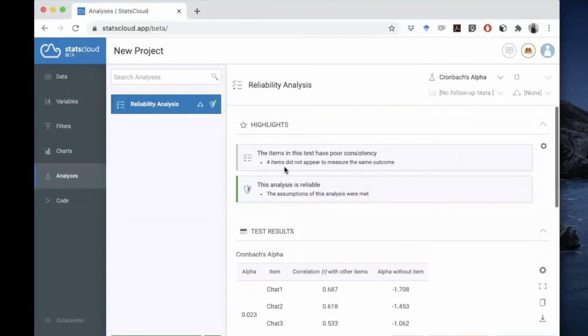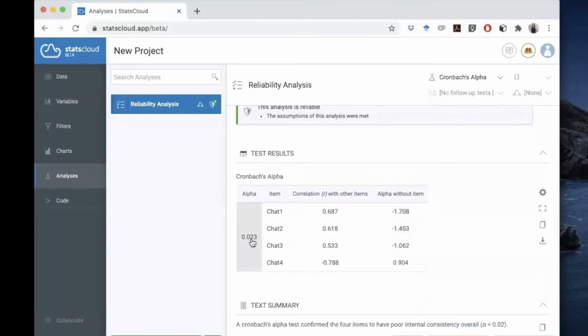And the main assumption of this is that they're all using at least the same range of scores, or the same type of measure. So in this case, it's a 7-point Likert scale. So that is fine, but it's still flagging that something's wrong. So if we look here, we have an alpha of